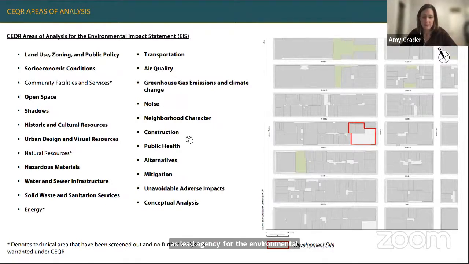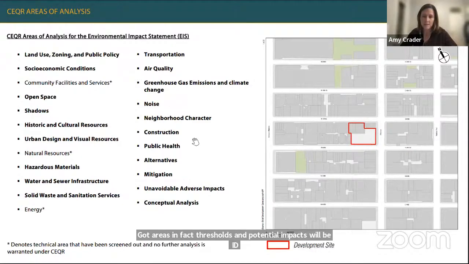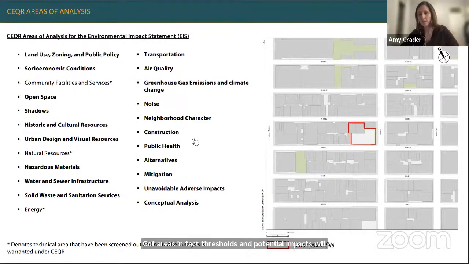As shown in bold on this slide, all CEQR analysis areas will be studied in detail in the EIS, with the exception of 3 technical areas that have screened out. These are community facilities and services, natural resources, and energy. The analysis for each technical area, shown in bold, will follow the methodologies of the CEQR technical manual. Study areas, impact thresholds, and potential impacts will be identified for each technical analysis in accordance with the CEQR technical